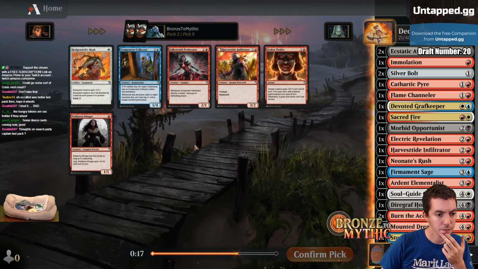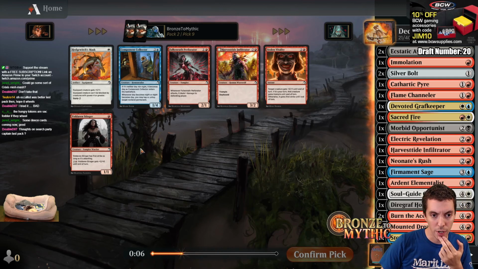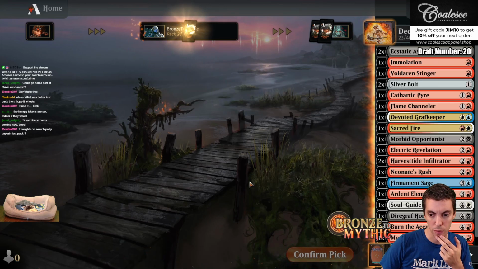All these cards are pretty mopey. I mean, Stinger's fine. Already have an Infiltrator. Preferred just sucks. Yeah, I think Stinger. I don't know if we'll play it or not, but... Yeah, red is definitely open. We already have one of each of these. The cards are terrible, so...